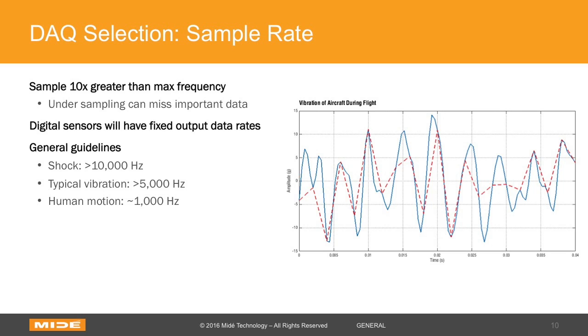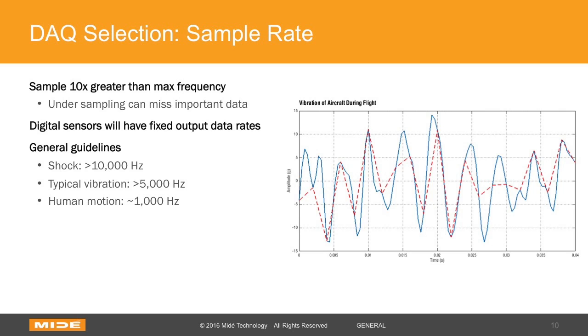You'd see that it would be grossly misrepresenting the data and missing a lot of information in there. So it's really important to sample 10 times greater than the max frequency of interest for you. Digital sensors will have a fixed output rate, so sometimes that can be a little difficult for you. It will typically be an order of 2, and there's not much you can do, so it really won't drive